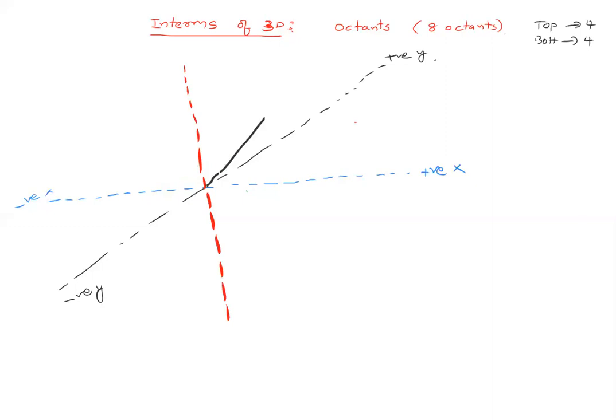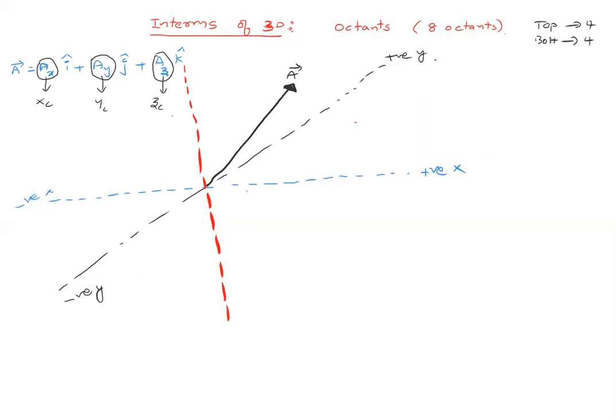If you are taking a vector a bar in 3 dimensions, your vector is given by a bar is equal to ax i cap plus ay j cap plus az k cap. This is how you write your vector in terms of 3 dimensions. Whatever is before i cap is called the x component. Whatever is before j cap is called the y component. Whatever is before k cap is called the z component. So in 3 dimensions you will have 3 components.